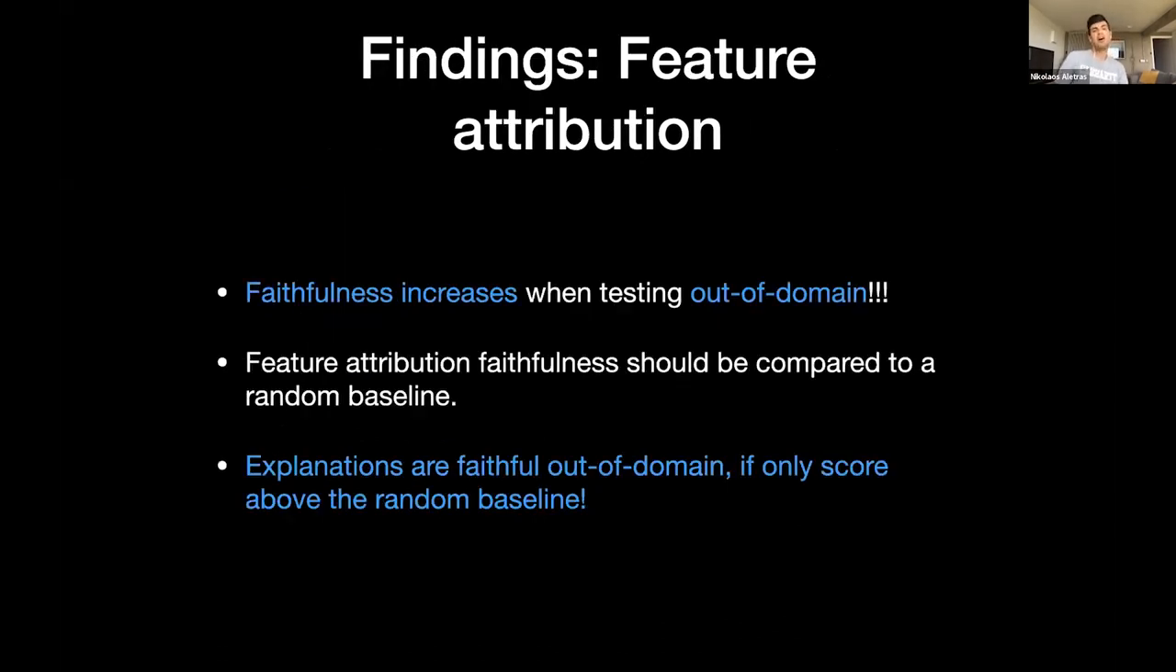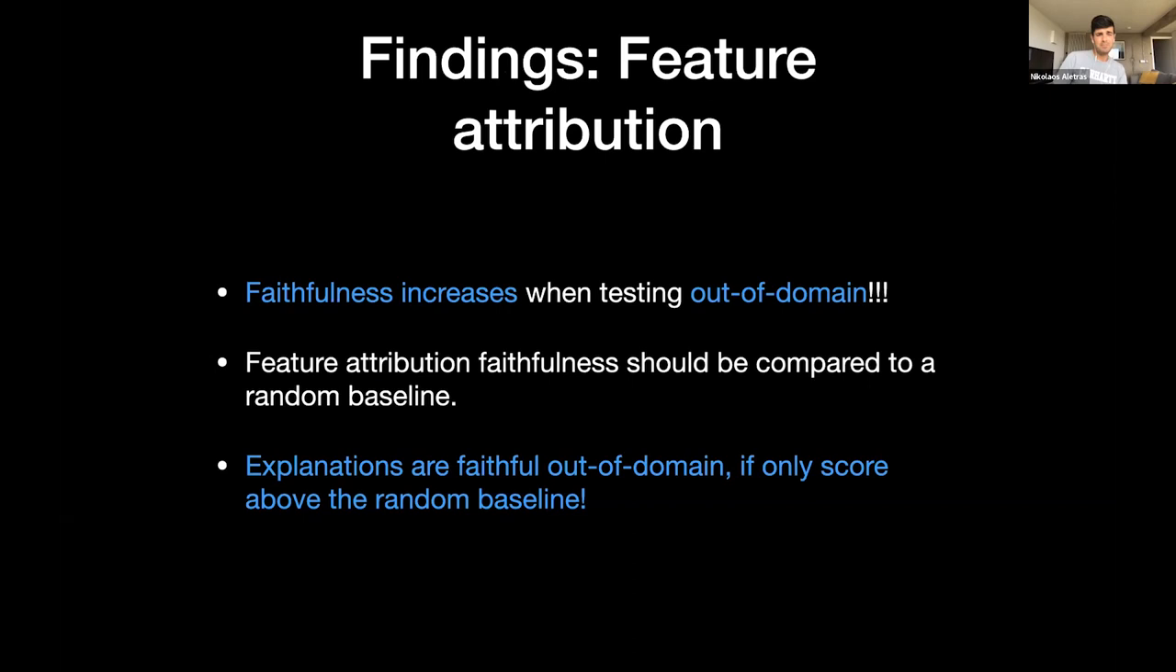Right, so we found, surprisingly, that for out of domain settings with post hoc feature attribution approaches, faithfulness increases. And that sounds weird, right? You cannot really have a model that is being evaluated out of domain and the faithfulness scores increase. So that was really surprising. And what we suggested is a new way for evaluating faithfulness in out of domain settings,